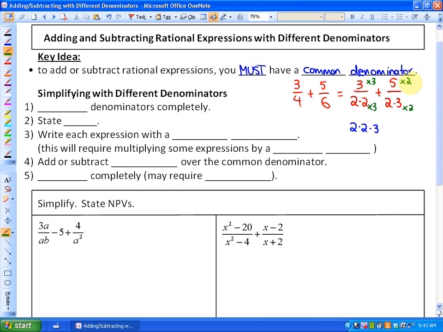It's the same basic scenario, but you can see here when we factor that in each denominator we have a 2, a 2, and a 3, and a 2, and a 2, and a 3. We'd get the same result, but it'll be easier in rational expressions if we factor completely,